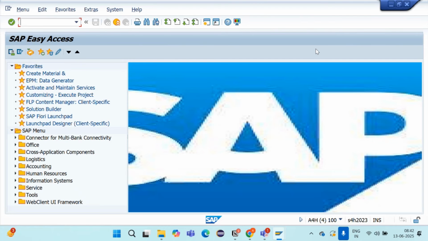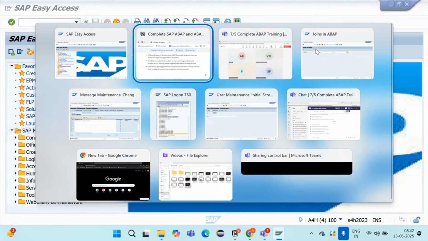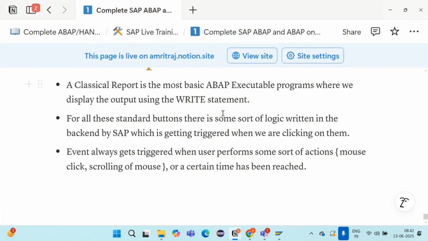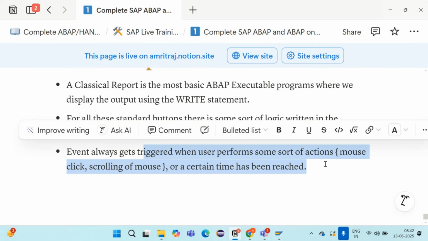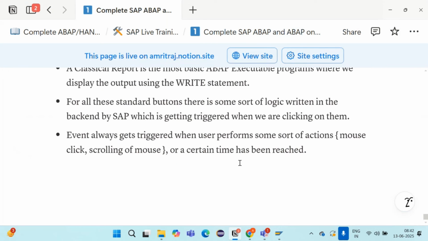So events always get triggered when a user performs some action.